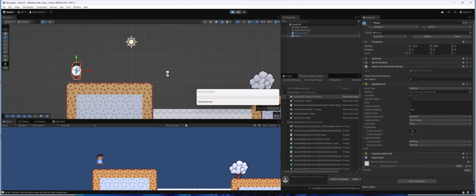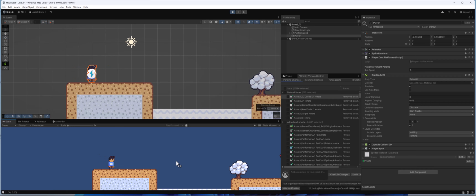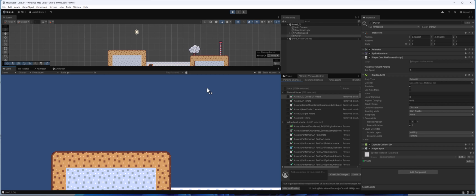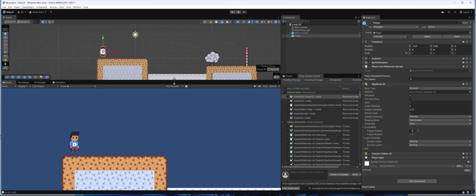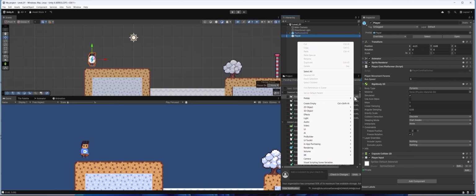All right, let's take a look at what we have going on now. If I press play on my game, my character falls. I can walk back and forth. The character falls to the ground. And we don't have the camera following him, so let's just quickly right click in our scene and go to,